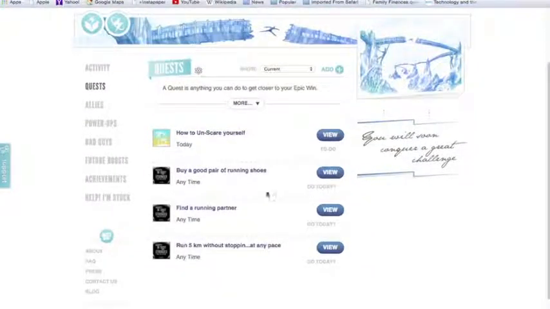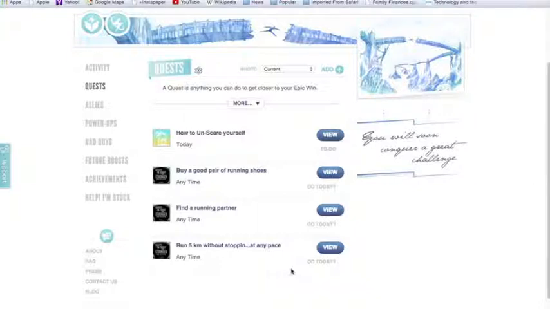So just as an example, I've set some quests here, and you can definitely show this to students. If this were my goal, one of the quests that I would have is that I would want to be able to buy a pair of running shoes that I could use towards this goal. I don't really have a good set of sneakers, so maybe this would be helpful. Also, to find a running partner, somebody with similar goals, maybe somebody even in this class. And to be able to run the 5K without stopping. Now, I'm not concerned about the overall time, but just to be able to do it in one continuous run would be a goal that I would need to be able to attain here.